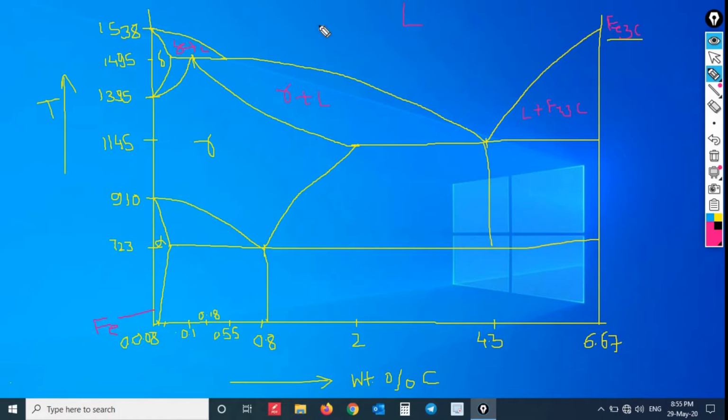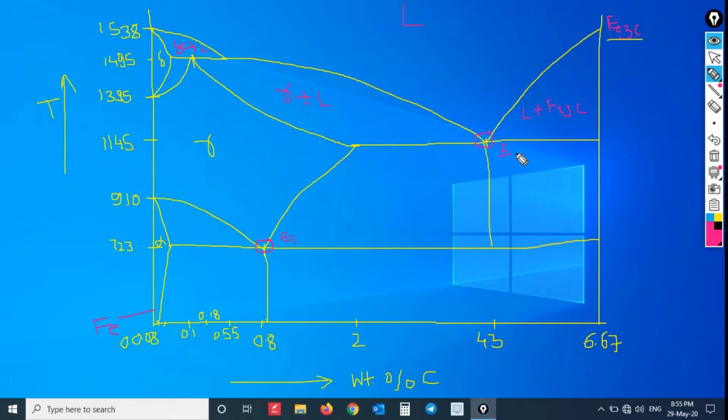So these are the delta, austenite, alpha, gamma plus liquid, and liquid plus Fe3C regions. Now in the iron carbide diagram there are three different invariant reactions. The first one is at 723 degrees Celsius and 0.8% of carbon, and it is called a eutectoid reaction. Then at 4.3% of carbon and 1145 degrees Celsius we have the second reaction, that is called